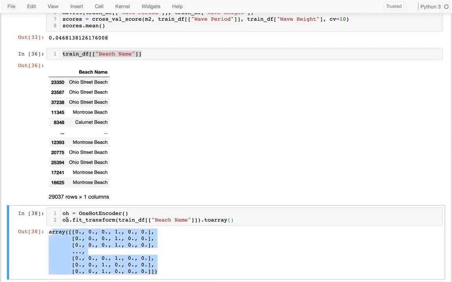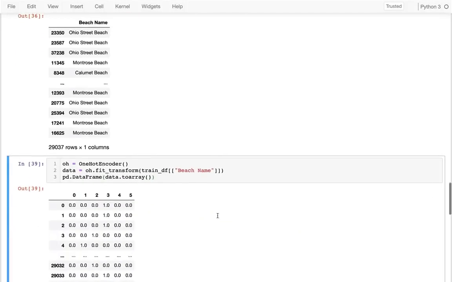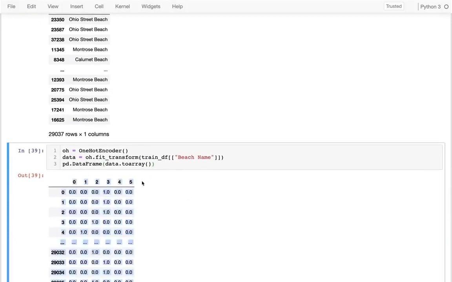NumPy array, and then that thing I can actually put into a data frame, right? So I'm going to say pandas.DataFrame, just like this. And then just like before, I want to figure out what these columns are. And so just like with the polynomial transformer, I could say get feature names, same deal here, right? I can say one-hot.get_feature_names,